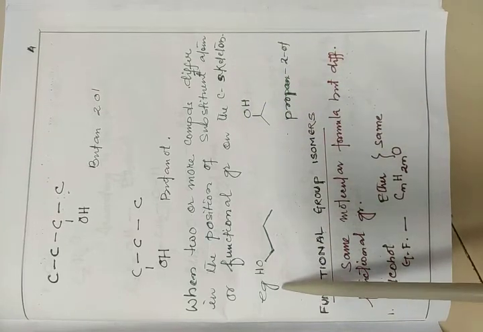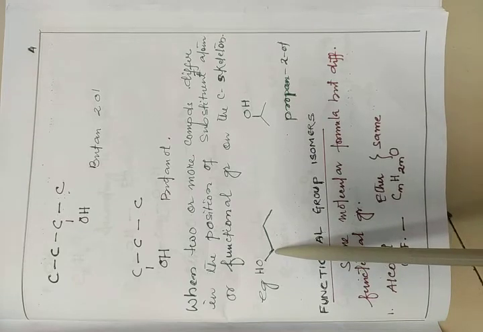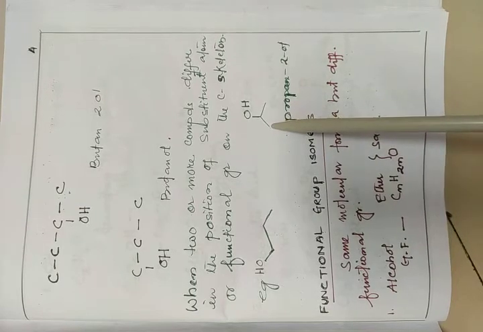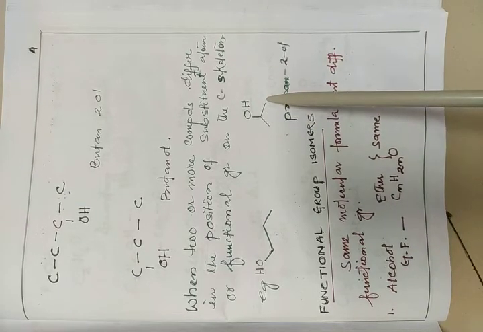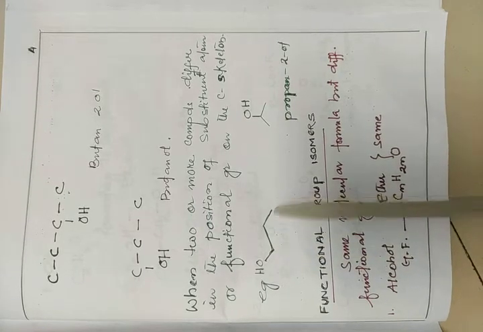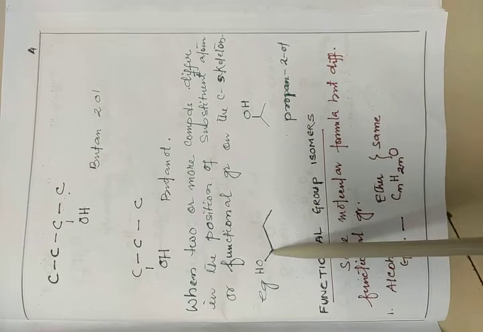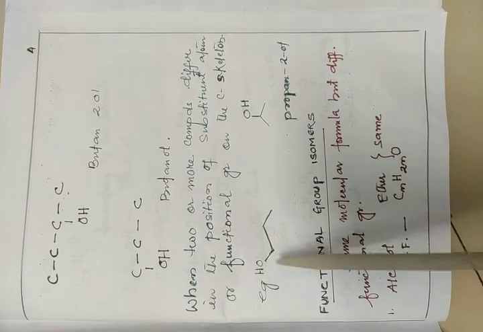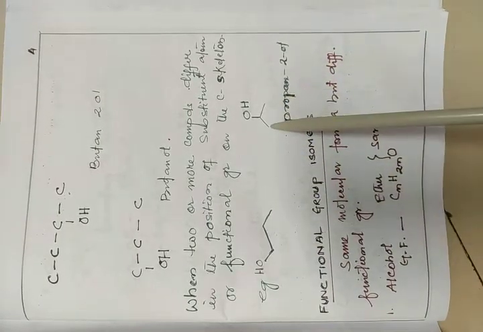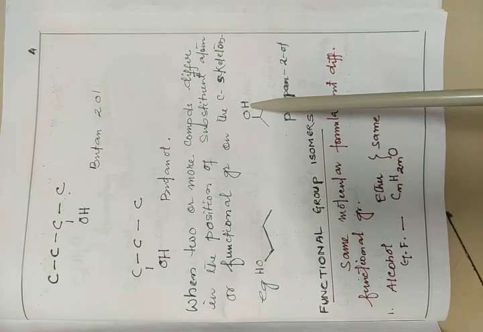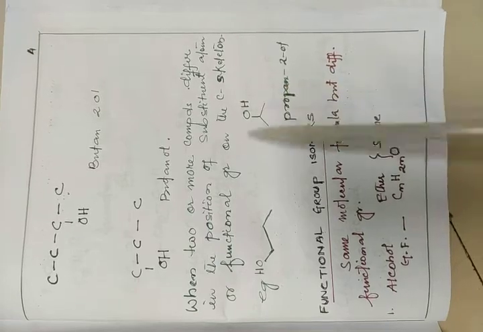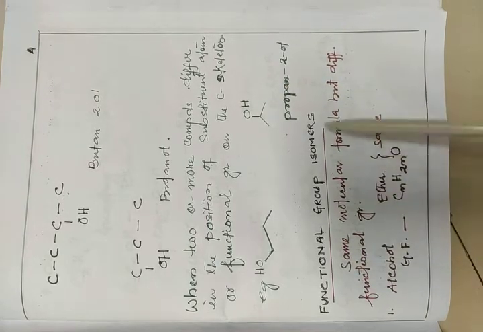So here, for example, we just see in this one carbons 1 2 3, so 3 carbons are there. Then here also 1 2 3, 3 carbons are there. So if 3 carbons, then propane only. Now in propane, one OH group is there, a functional group, so we give propanol. But here, at the 2 position only, the OH group is attached, so we give propan-2-ol.